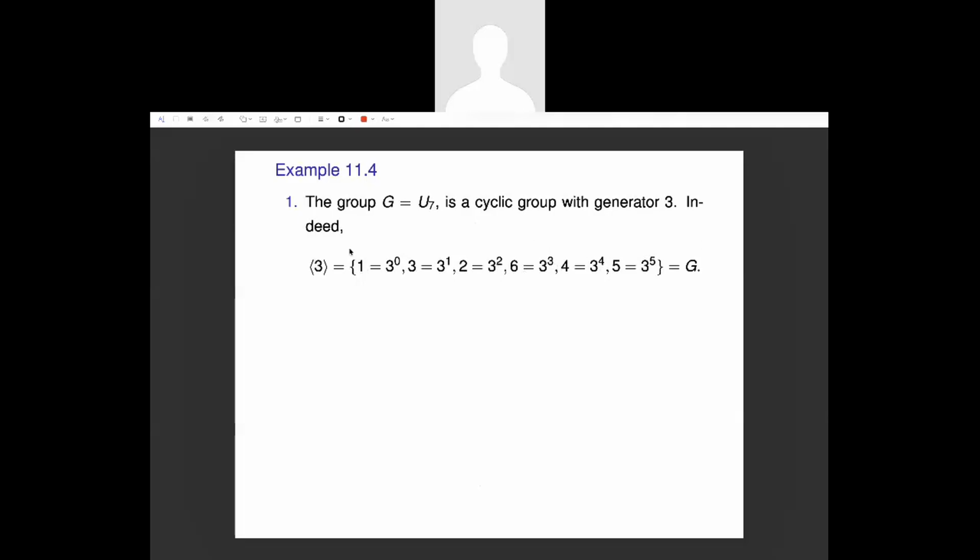Now my question is different. Can you find any other element that is also a generator? We have 3 as a generator of this cyclic group. In U7, can you find any other element which can generate the whole set? For example, 2? No, because 2 to the power 0 is 1, 2 to the power 1 is 2, 2 squared is 4, 2 to the power 3 is 8, which is 1, then repetition starts, and 2 to the power